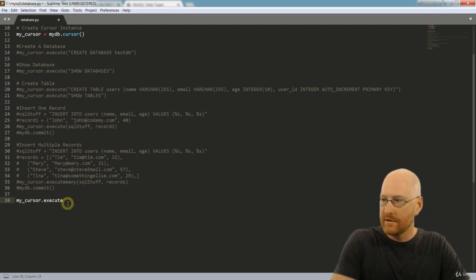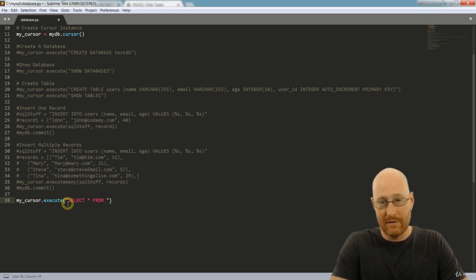myCursor.execute as usual. And now to pull data from a database, we need to select it, right? We need to say, I want this specific data. So to do that, we run the select command, SQL command. Next, we need to tell it exactly what we want to select. So I just want to pull at this point everything. So let's select everything, and the star means everything. And then we need to say from what table,